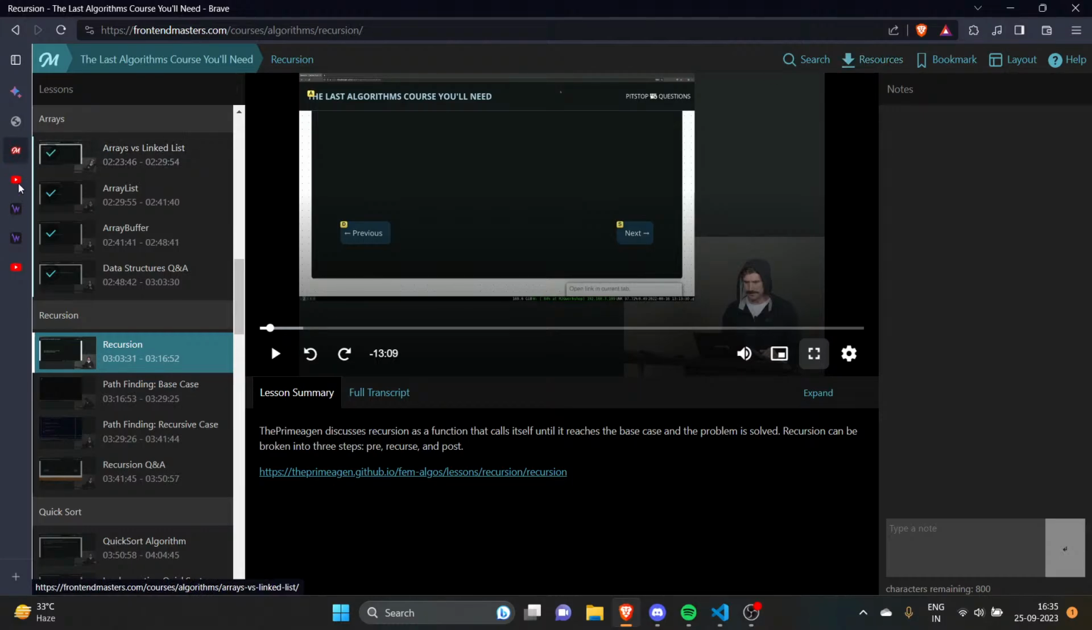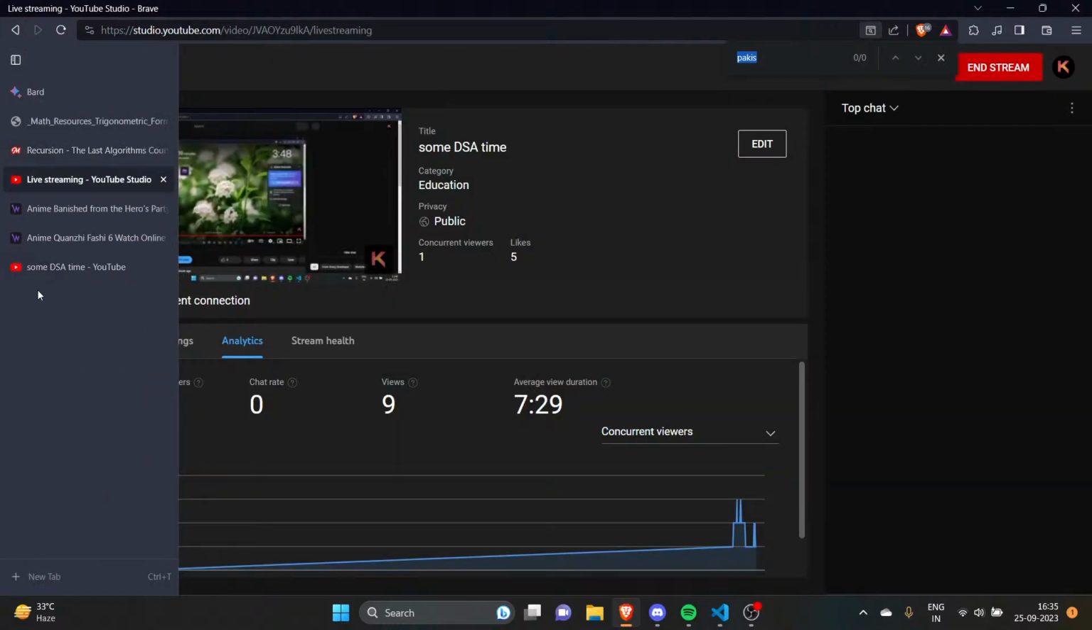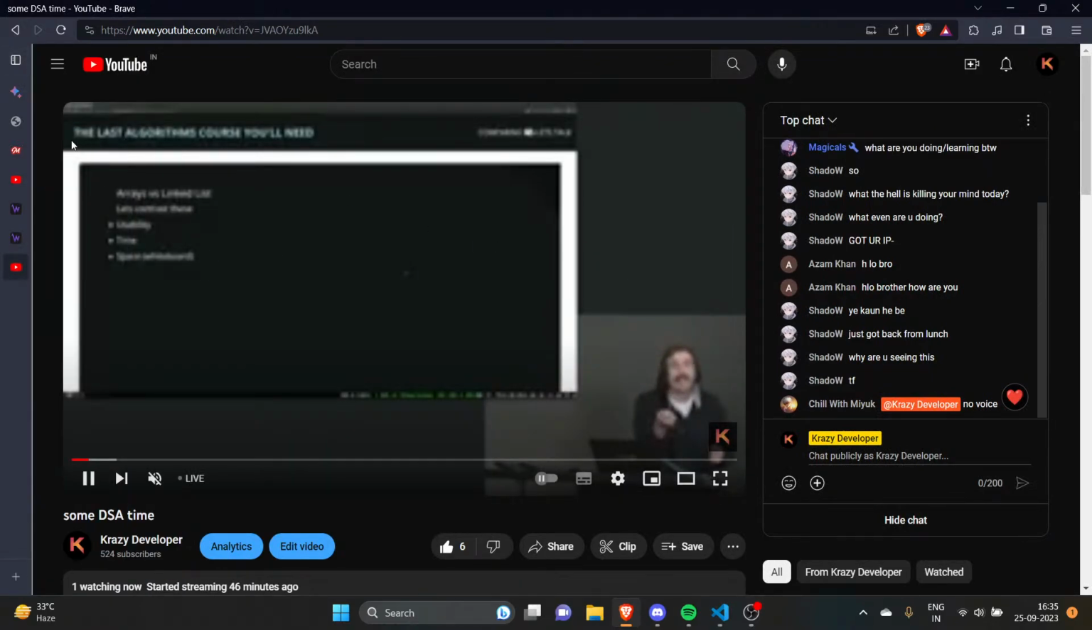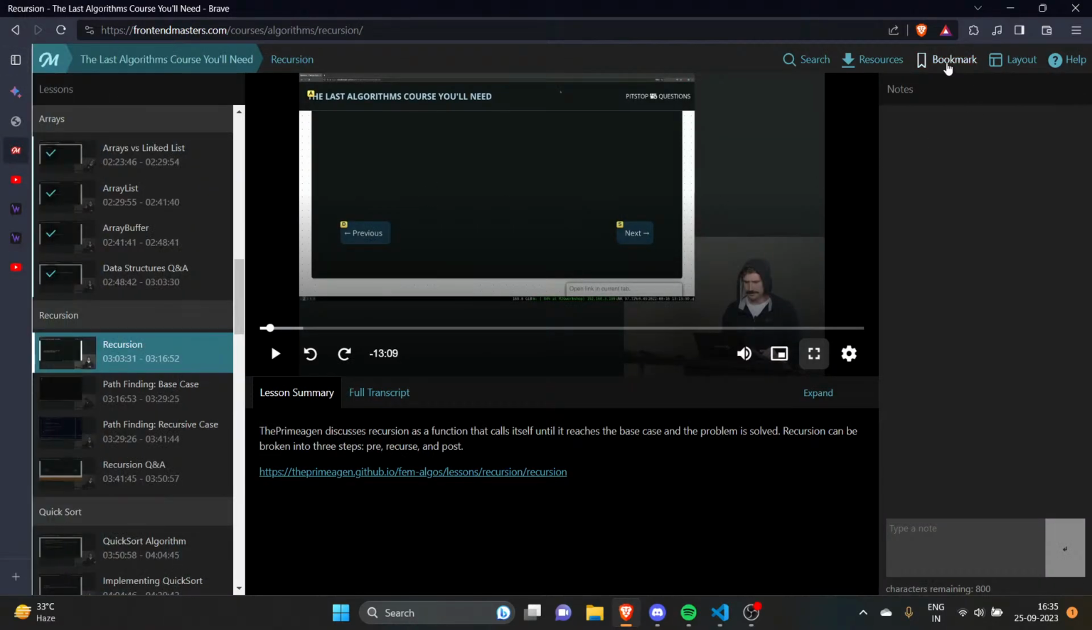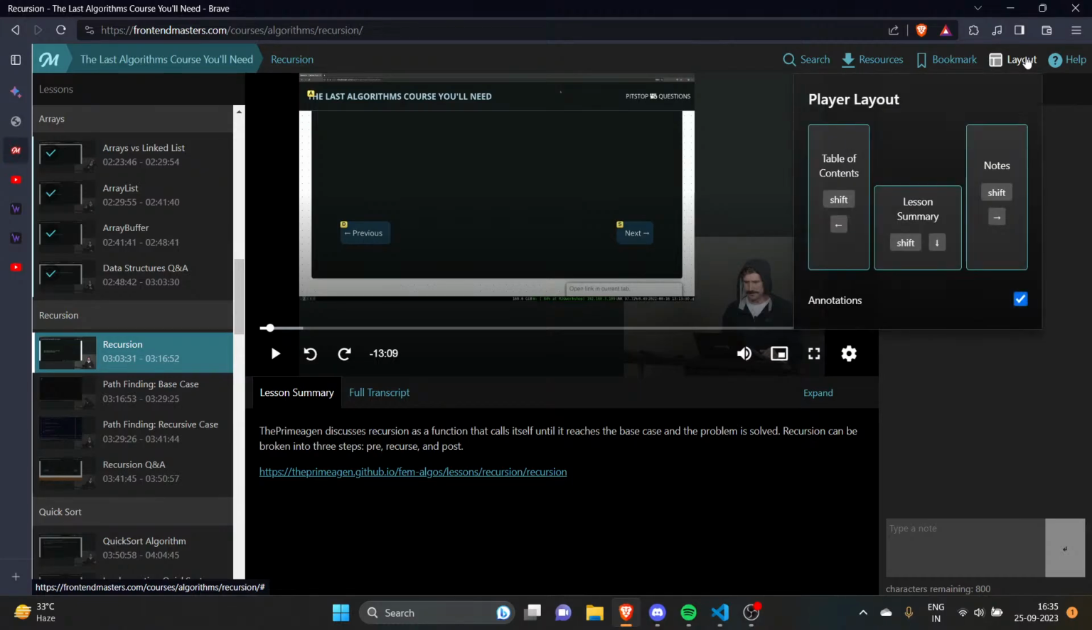What is this resource download button? I don't know about that. So that is done. Bookmark layout. Table of contents. Yes,